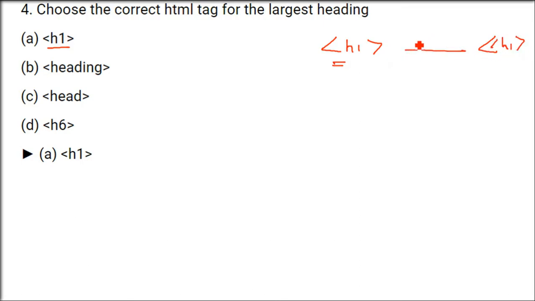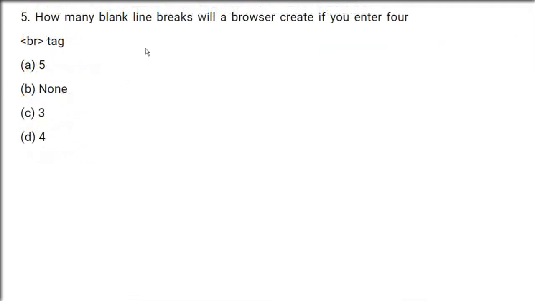Whatever you are writing will be shown in the highest possible size, which is prescribed in H1. It is pre-specified. H1 size and everything is pre-specified. So H6 is the last one, the last heading type.